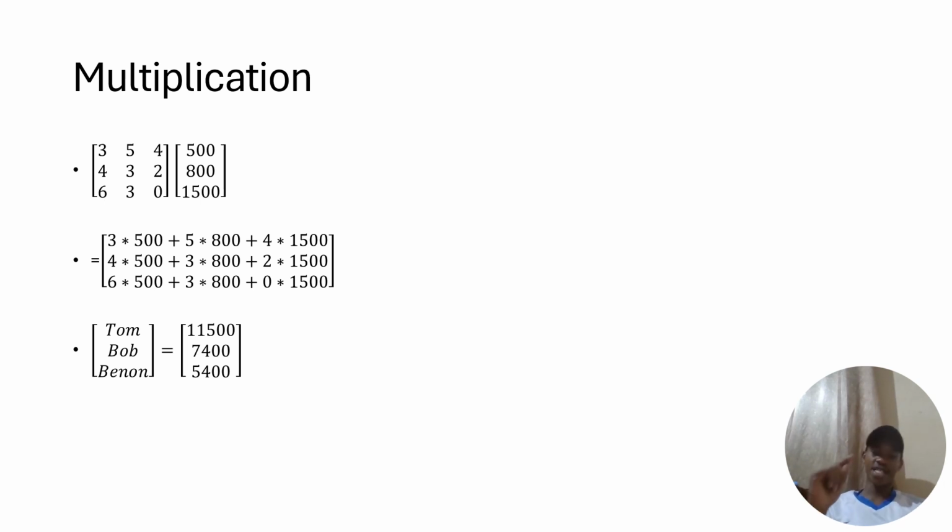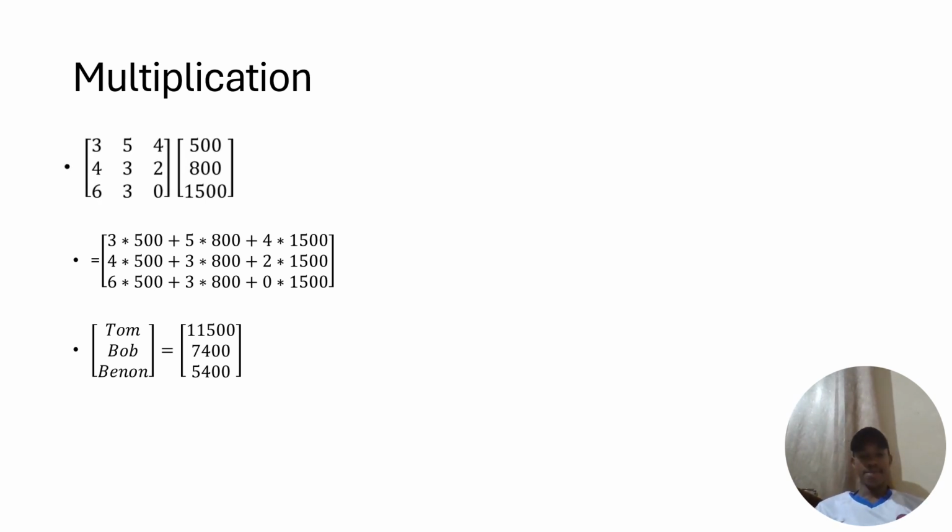I think you all noted that. As you're seeing, this first row goes with the first column, and the second one as well. Therefore, that is the total amount of money each boy spent on the items that were bought. We come now